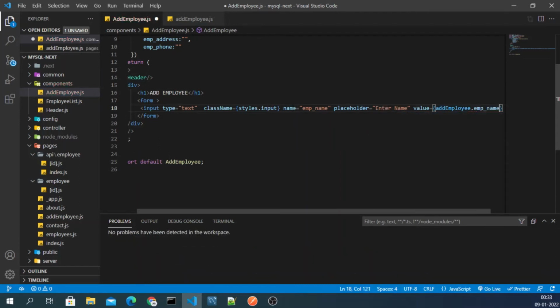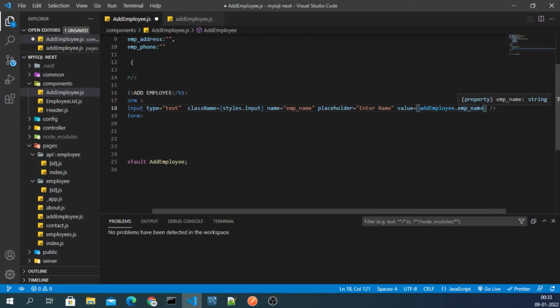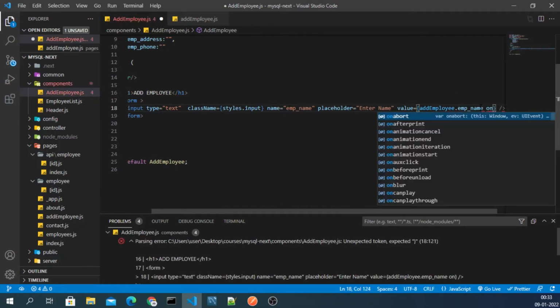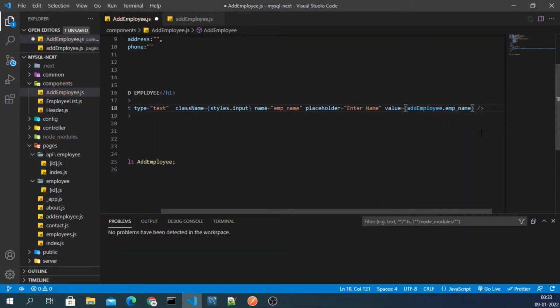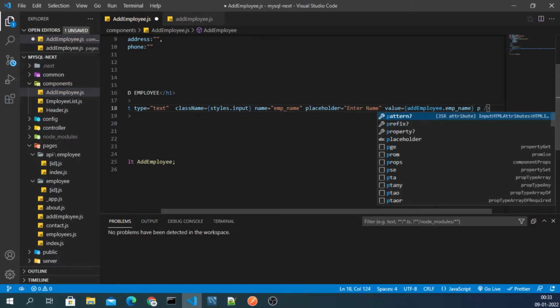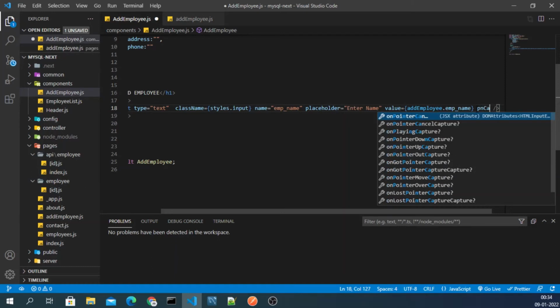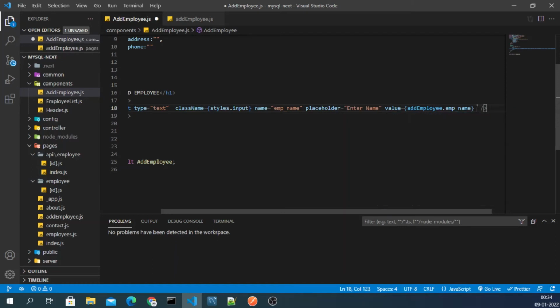Okay, and then here we will need one more, which is I think onChange. Why is it not showing me onChange?